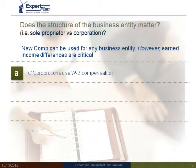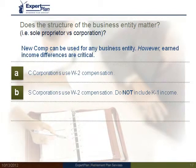A C corporation or a regular corporation, earned income is easy. It's W-2 compensation. For an S corporation, you would still use W-2 compensation, but this is the biggest gotcha that I've seen out there many, many years now, is that we cannot include K-1 income off of an S corporation. That is not considered earned income for pension purposes. So, for example, I've had numerous situations where I've been requested to do an illustration for the owner of an S corporation,